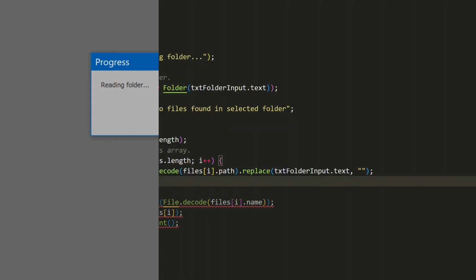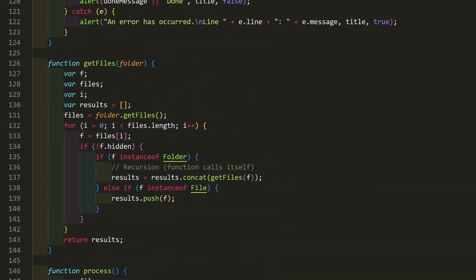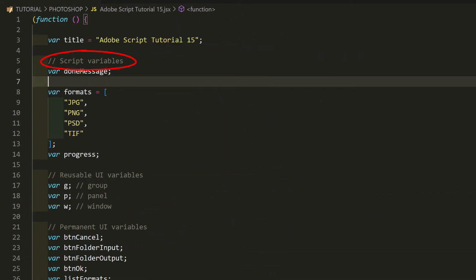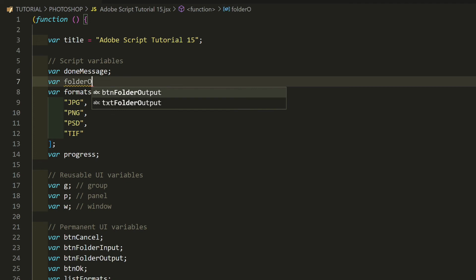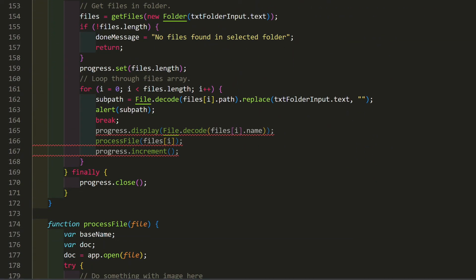Next is to use it. We need another variable, but this one I'll use in multiple functions, so I want it at the top, under Script Variables. That makes it visible anywhere in the script. var folderOutput. Now back to the process function. We're done with the alert and break. Those can go.